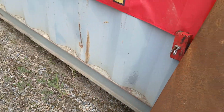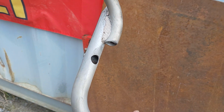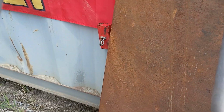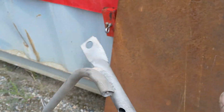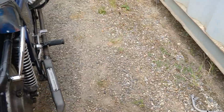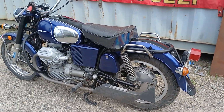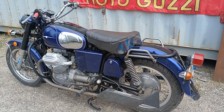This was the bracket that held the lights, and when we shot blasted it, you can see the crappy welding was covered up with Bondo, which is body filler, and there's no way I'm going to use that on my bike again, so I'll make something. Right, that's it. I just wanted to show you the bike. If you've seen the other videos, you know some of the changes I've made,